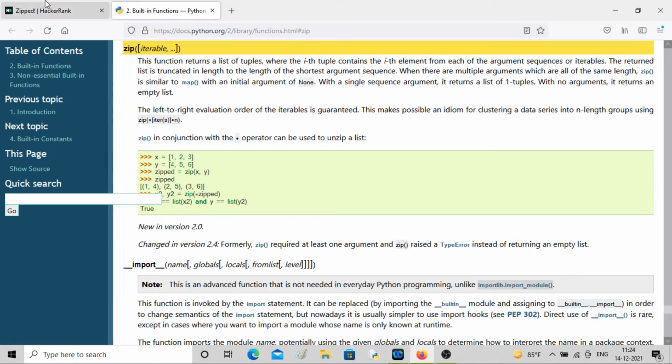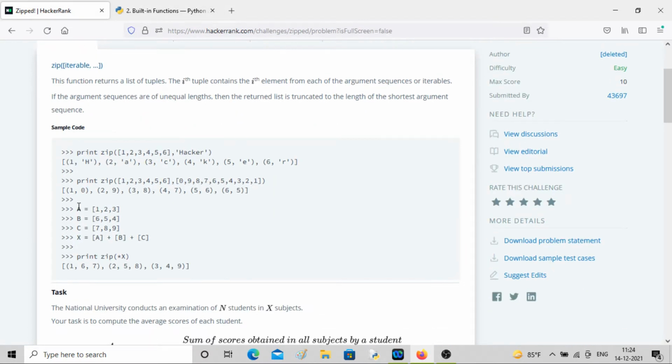If you want to go into details, you can follow the Python docs. Okay, let's go back. Here there is one example which we'll be using in this problem, which you should get. What will happen if you have lists A, B and C with these numbers, and you perform this line, A concatenated with B concatenated with C, and store it into X, and then apply zip to it? This is what you will get. So 1 6 7 will be one tuple, 2 5 8 will be one tuple, 3 4 9 will be one tuple.